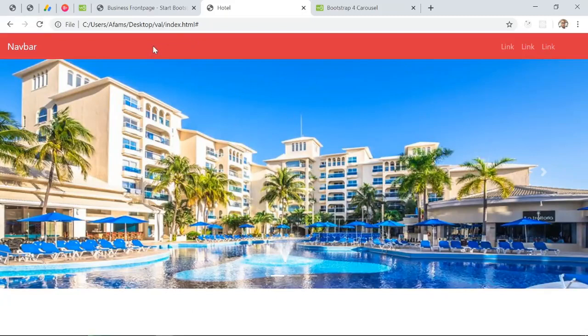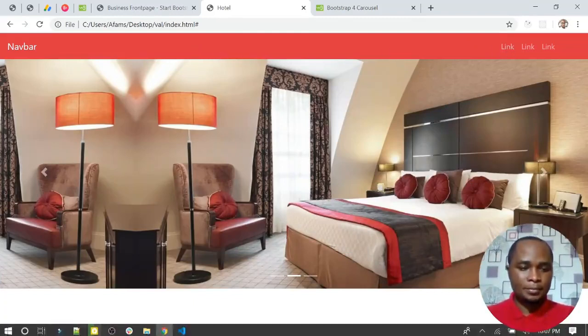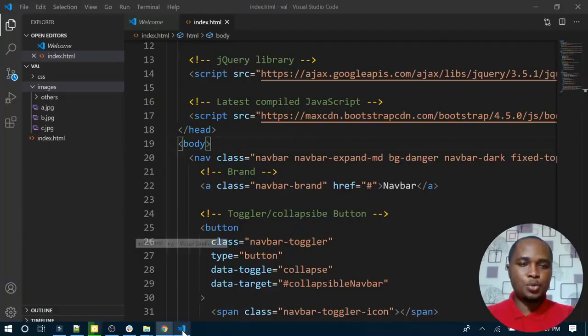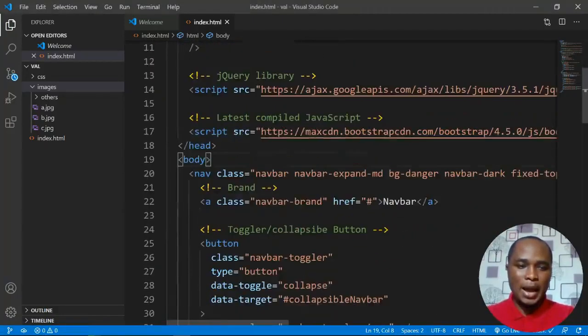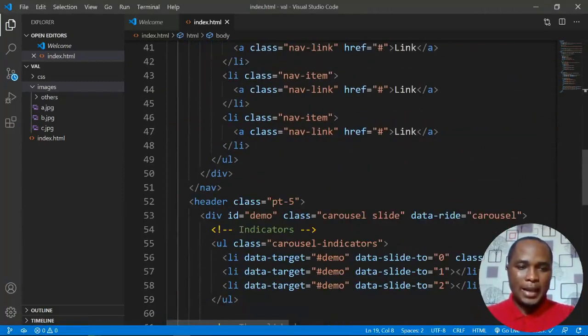Another thing I would like to adjust is this nav bar. I would like to change the background color. I want it to be white. I will also change the color of the text. So if we go back to adjust this back to white, all we need to do is go to the nav bar tag,